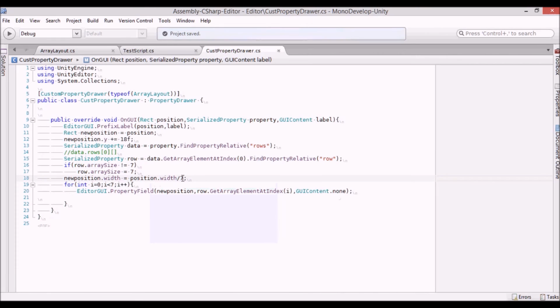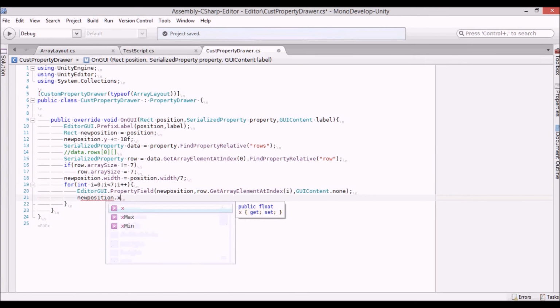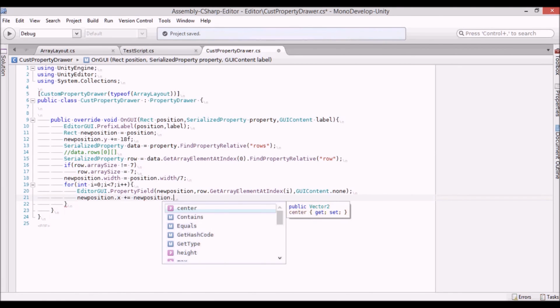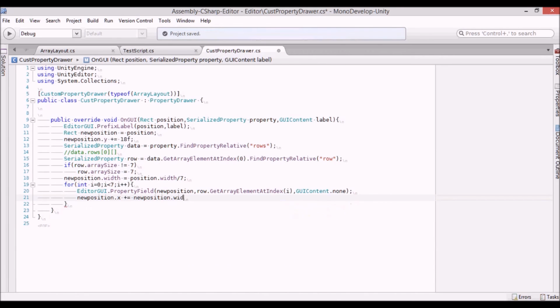So as we have 7 elements, every element will have 1/7 of the complete width. And once I do that, I need to add it to the x value of our position, because we want to move every element some distance in the x direction, in the horizontal direction. I'm just gonna add width to that,